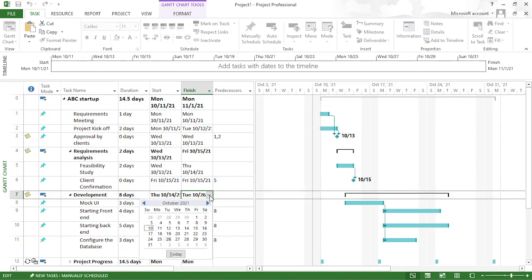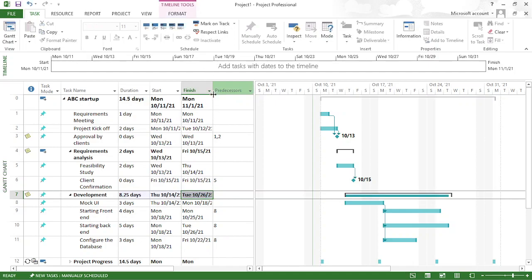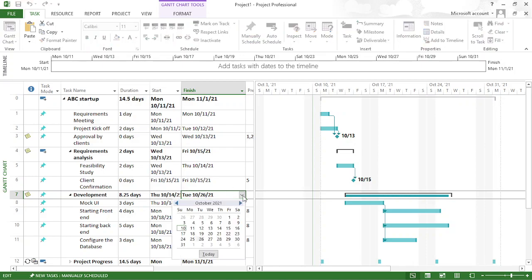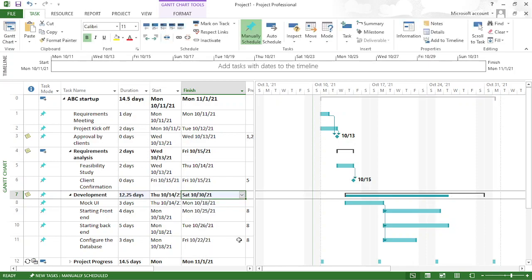Currently, it's showing as 26th. So I have some more time for the development. Think of a situation where I have development up to October 30th. So I have manually scheduled it. Once I manually scheduled it,